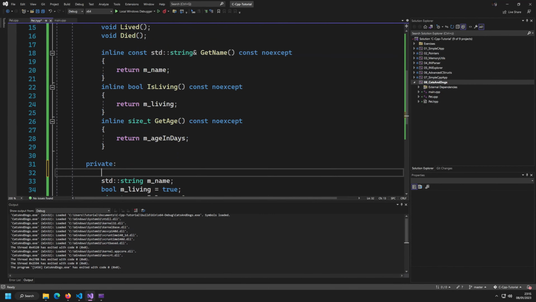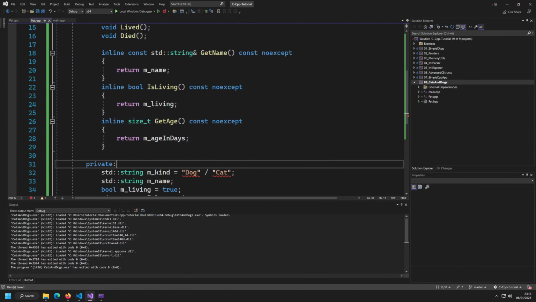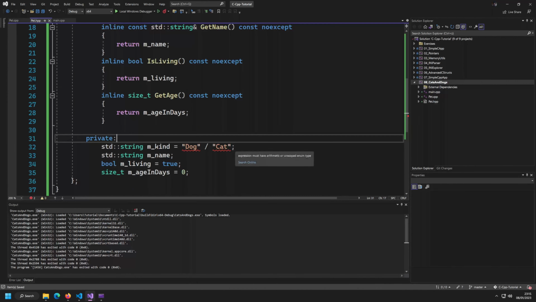We could add something like std::string mKind, and in kind we're going to write dog or cat. This is pseudocode of course. We could add this as a parameter while constructing, and everything would be good. Or would it be? No, it would actually not be, because dogs have different parameters than cats. Cats, for example, are by nature like a single